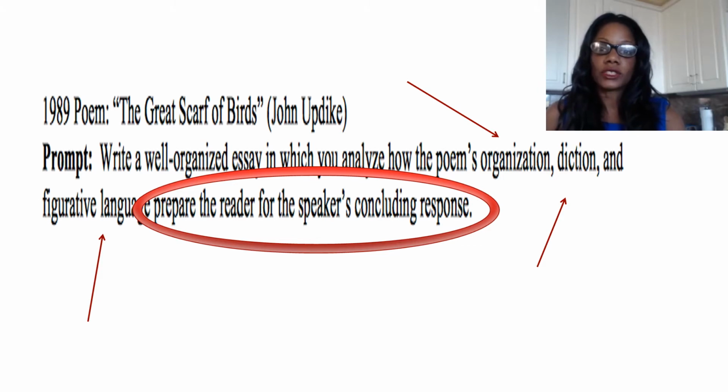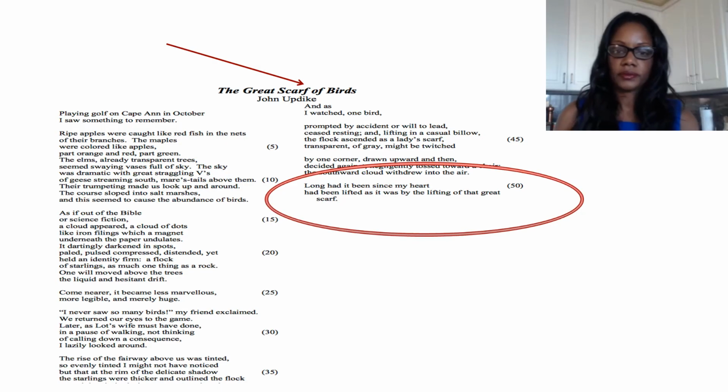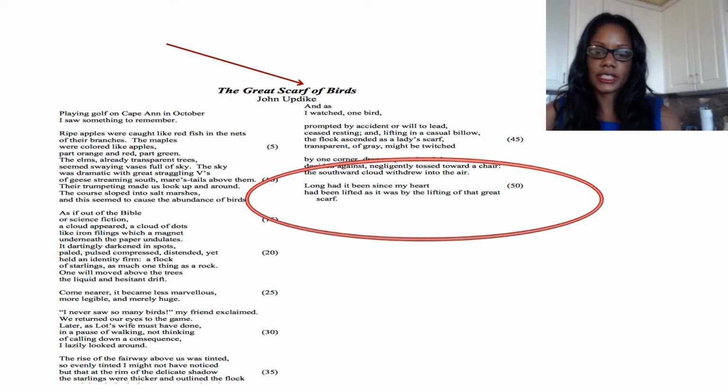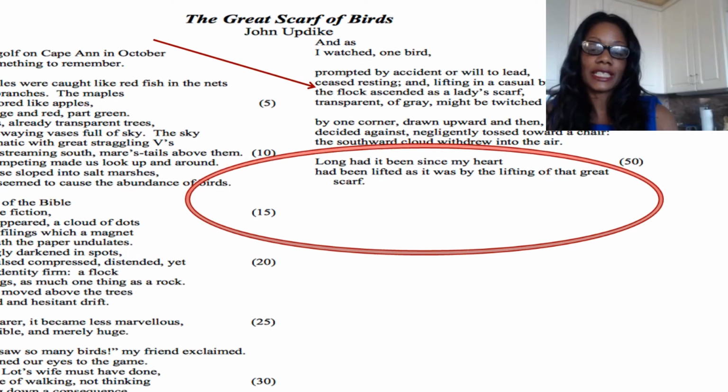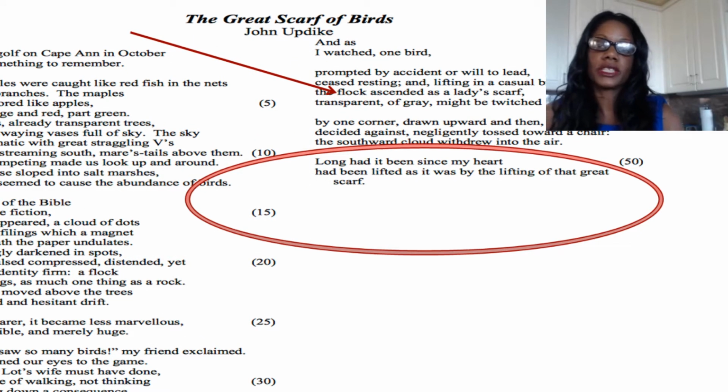And how do all three of these components help prepare us as the reader to understand the final 2 lines of the poem. Now here you can see the final 2 lines of the poem. Everything we do today is going to be centered around these 2 lines. Whenever we discuss the poem, we want to make sure that we answer the prompt in terms of how everything else, the diction, the organizational structure of the poem, the figurative language, help prepare us as the reader to